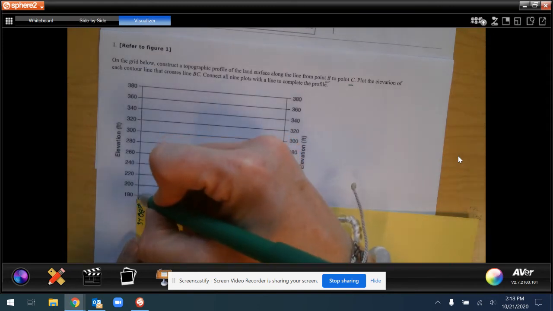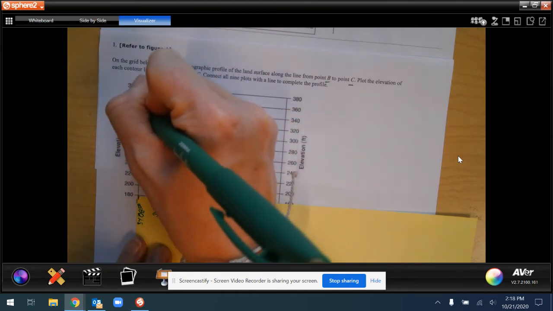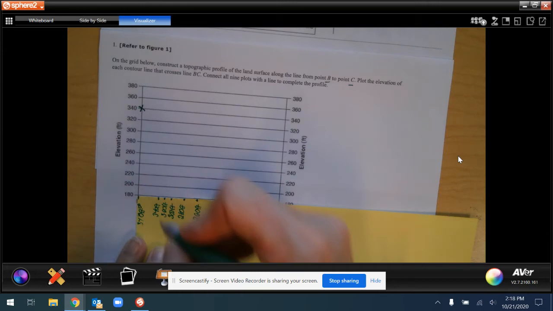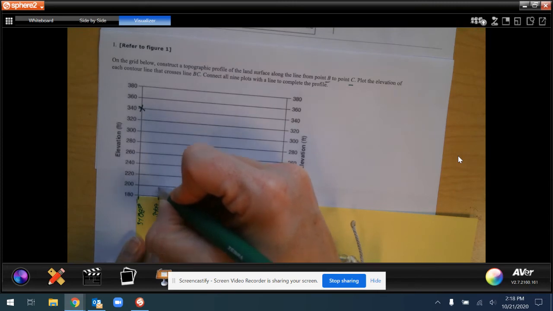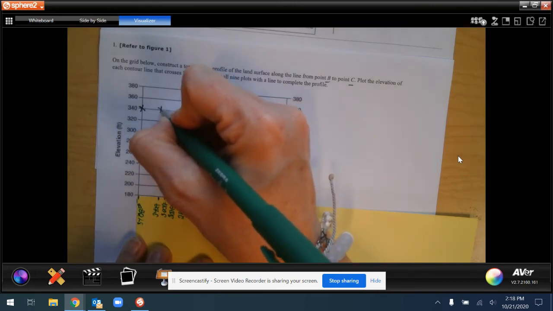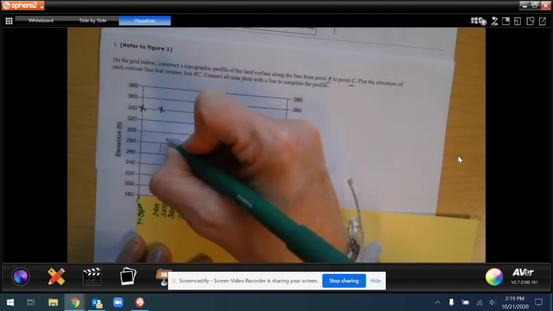So I'm going to find my elevation of 340 feet, and I'm going to put an X directly above point B. My next line was 340 feet as well, so I am going to go straight up from that line and place another X. The next one is 320 feet,